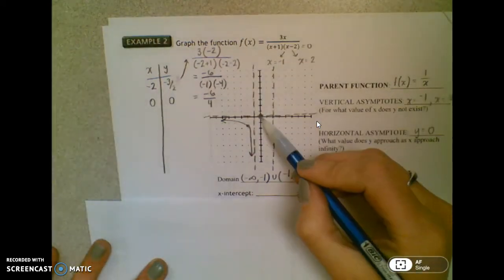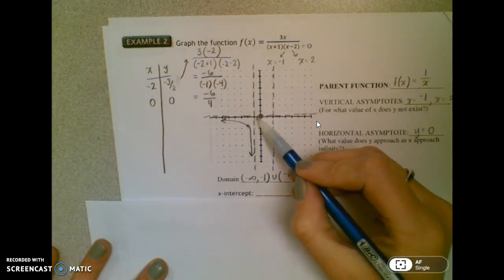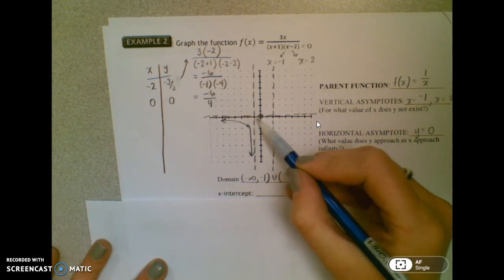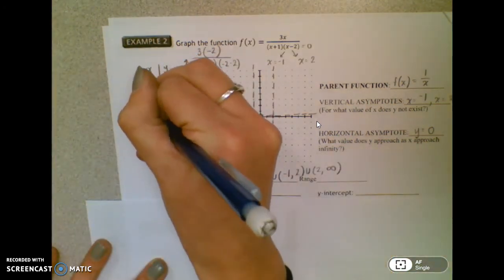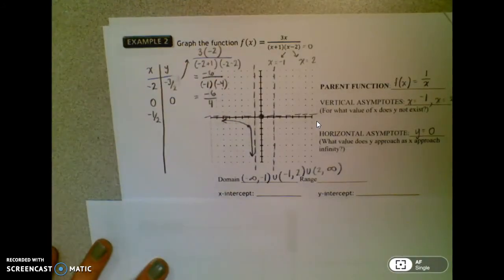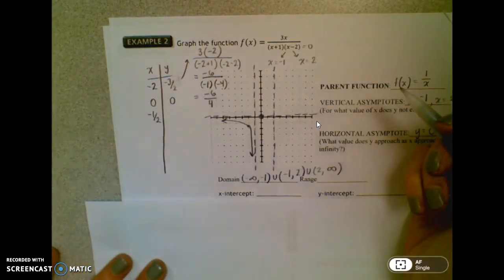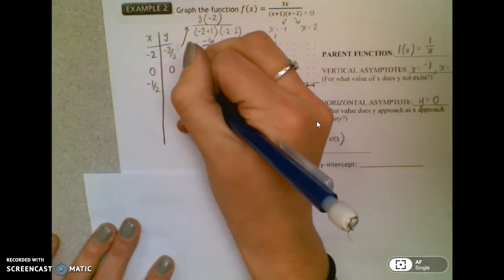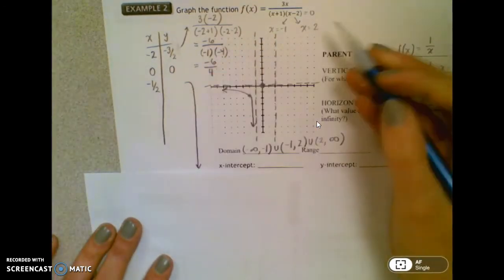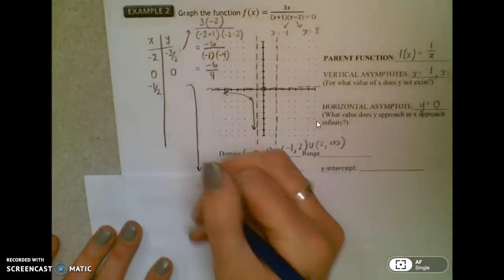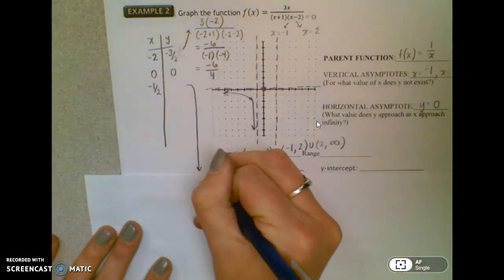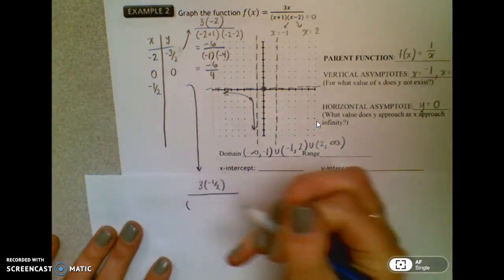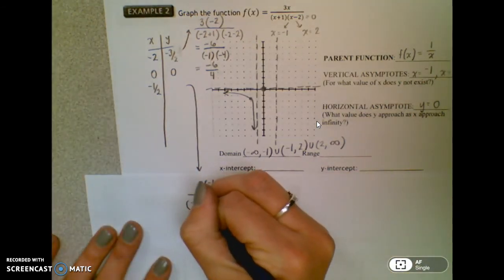Now I have to test a point to the left and to the right. Well, to the left, I think the easiest input value between 0 and -1 is -1/2. Now, don't freak out. Inputting fractions is no big deal. We can do it. I'm going to use the scratch paper to input this -1/2 into the original rational function. So I have 3 times -1/2 divided by, inputting -1/2 for x